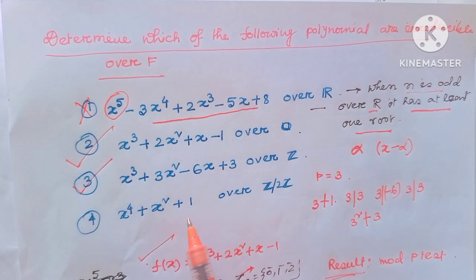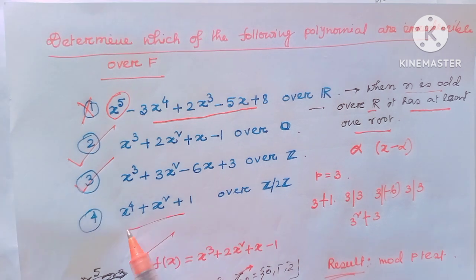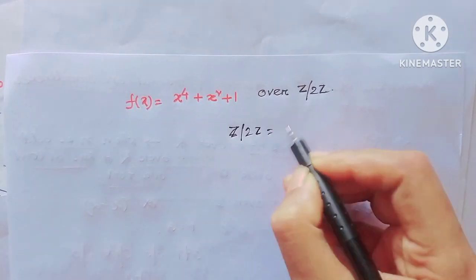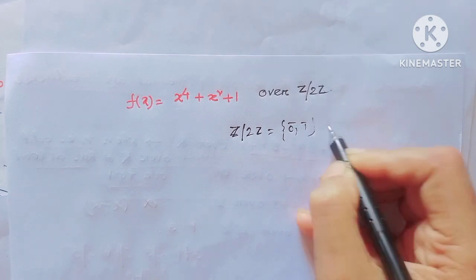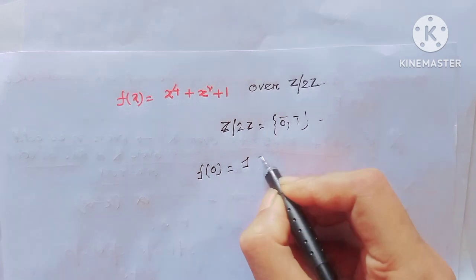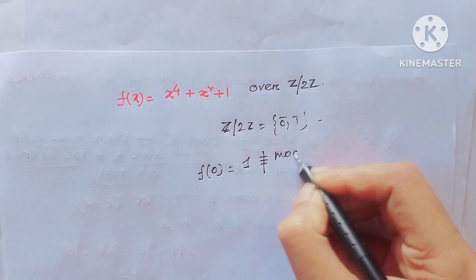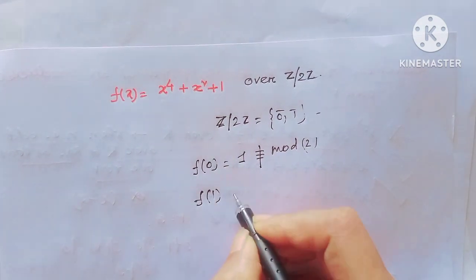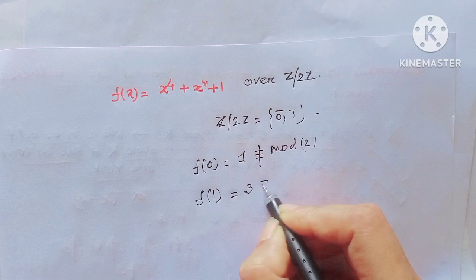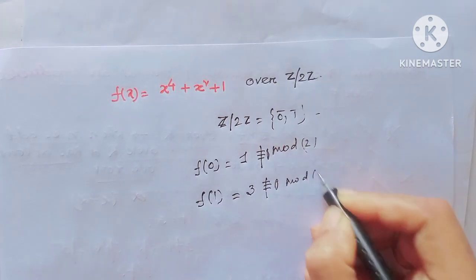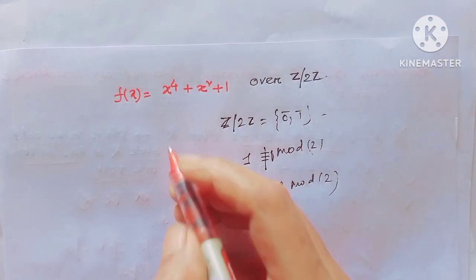X to the power 4 plus x square plus 1 over Z2, we have to find whether this polynomial is reducible or irreducible. Z mod 2Z means here class of 0 and class of 1, and f of 0 equal to 1, which is not equal to 0 in mod 2, and f of 1 equal to 3, which is also not equal to 0 in mod 2, but we cannot conclude